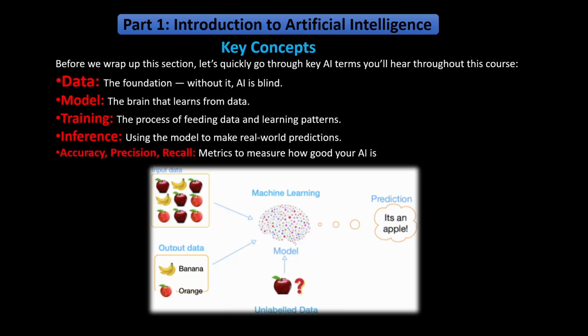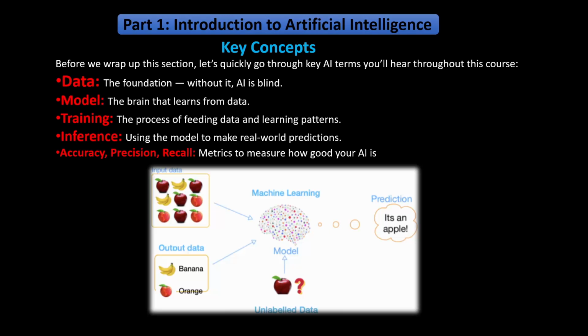Then you must have a brain that will learn from that data and decide the future. That is called a model. So the model is the brain that learns from data. Now, a brain is nothing without knowledge, so you have to give it knowledge. The same thing goes with a model. A model is nothing without knowledge related to patterns in data. This process is known as training. The process of feeding data and learning patterns is known as training.